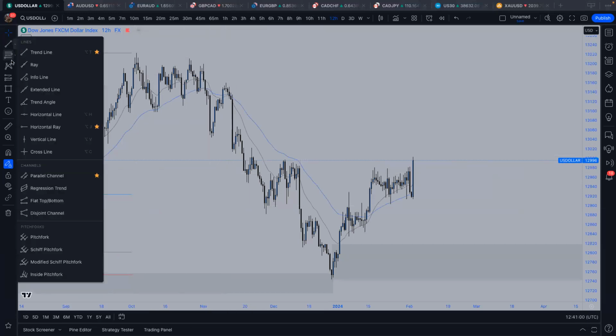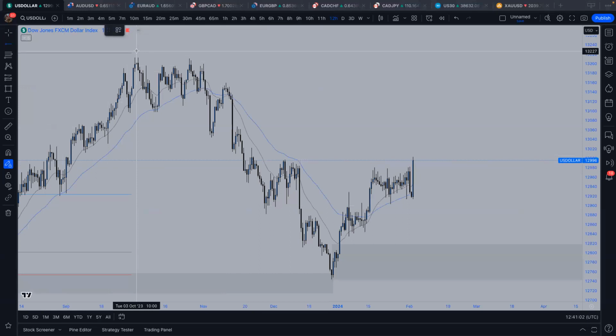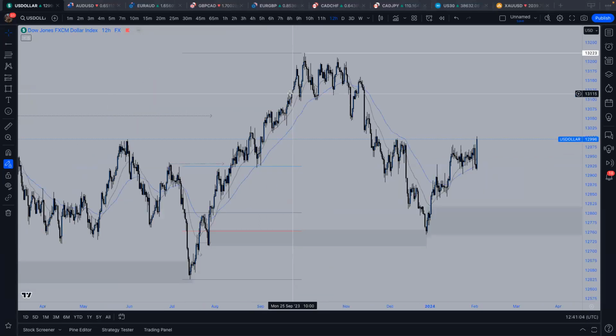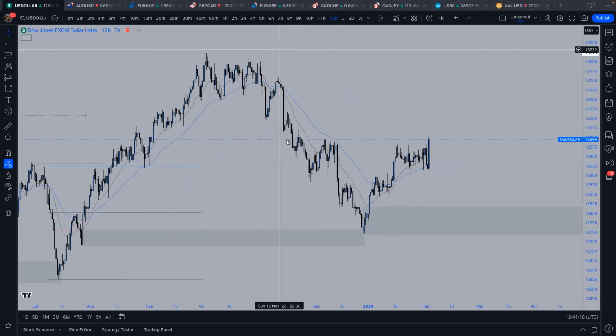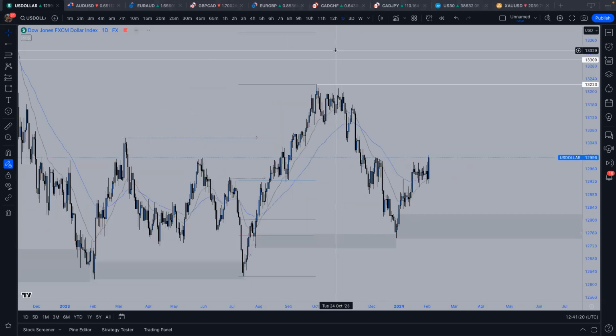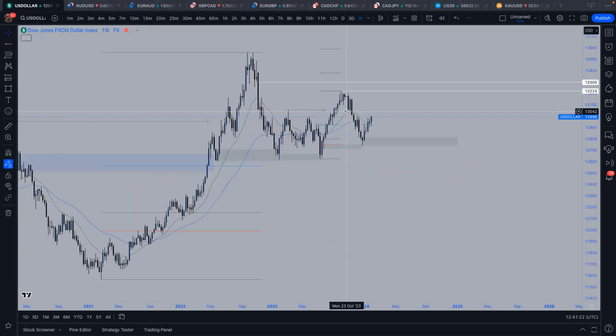So now for the higher time frame, we do have all of these highs, which I would like to see get taken. We have a 10 a.m., or like 10 a.m. London session. We create this high. Nothing took it in New York, which is what I would have liked to have seen. So could potentially still see some areas on here. Weekly, we do have this big supply zone in here. But if I just map this out slightly,